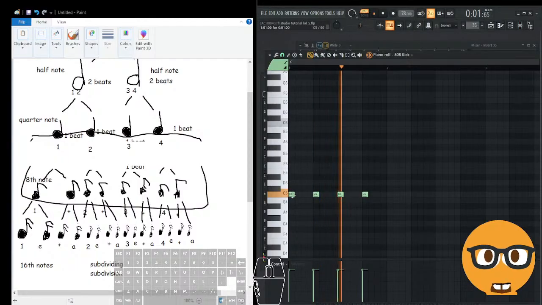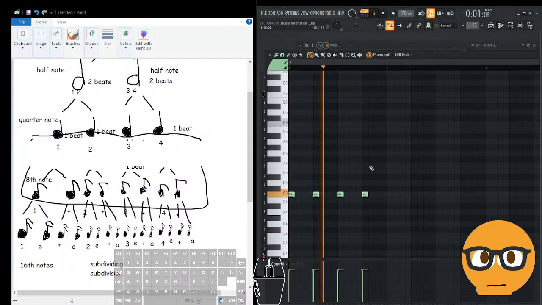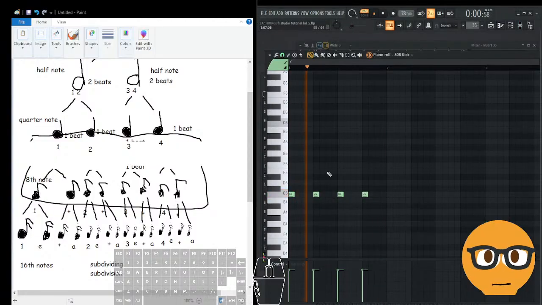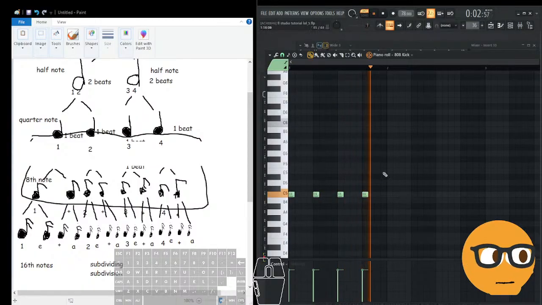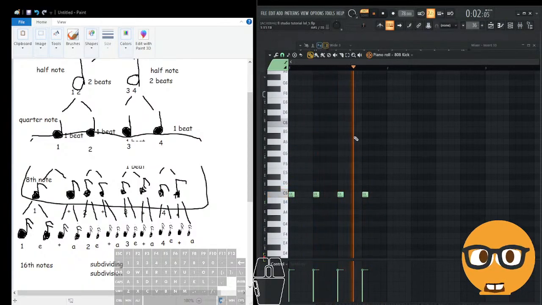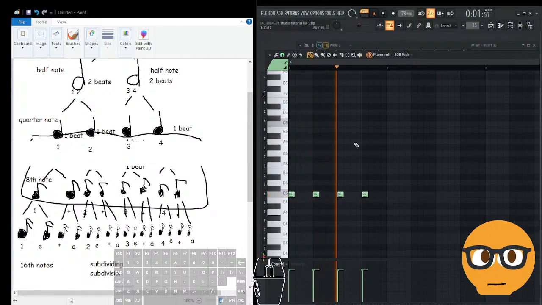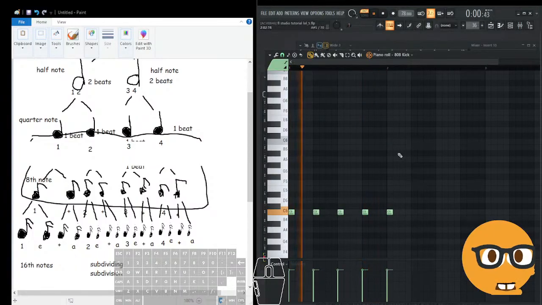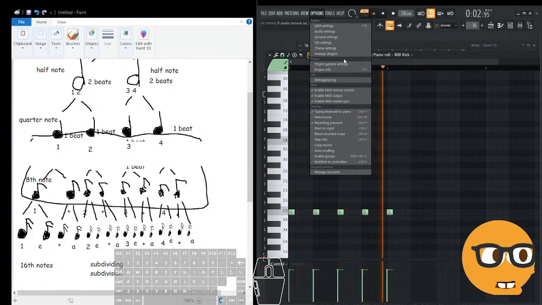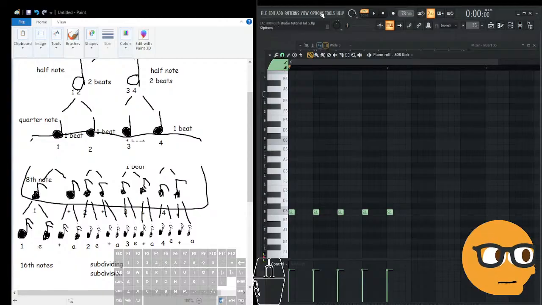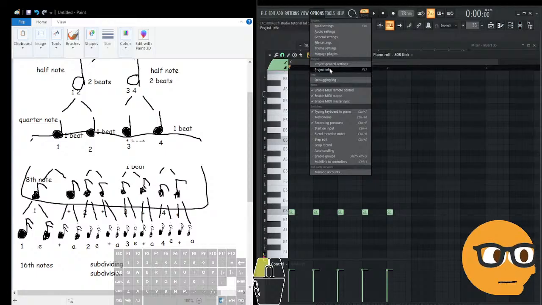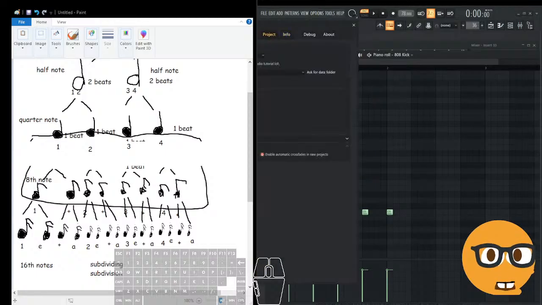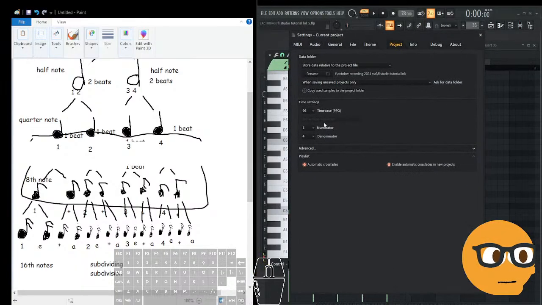If I wasn't counting out loud, if I just shut up about it, I wouldn't know for sure what the time signature is, unless you agree with the rest of the band or whoever's doing anything. Like, what if I did this 1, 2, 3, 4, 5? If I set this to 5,